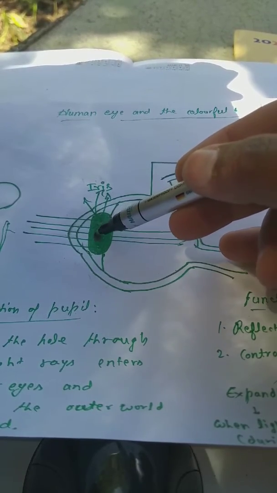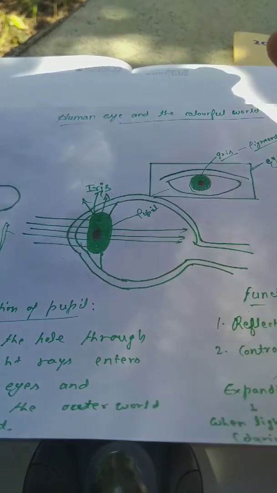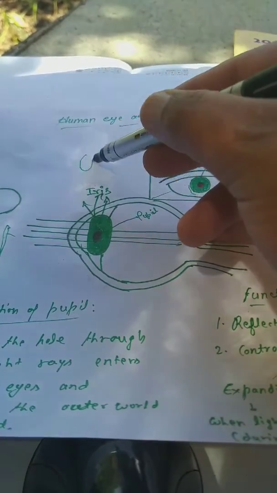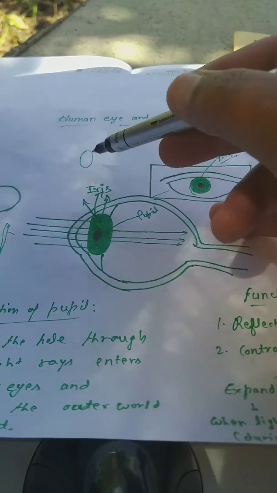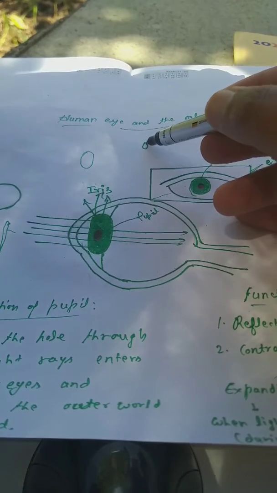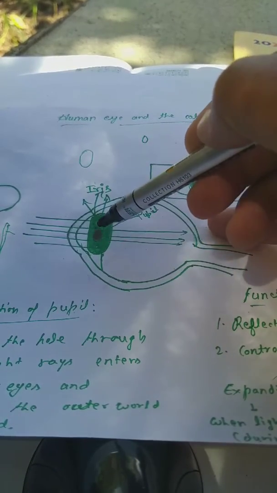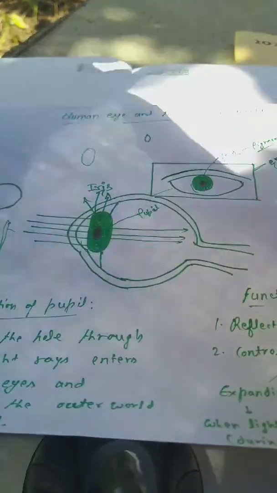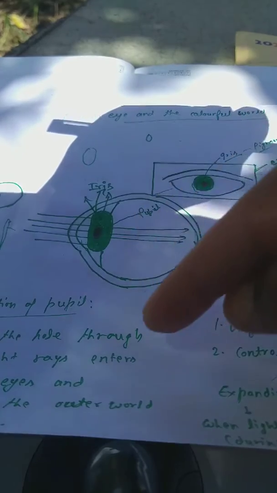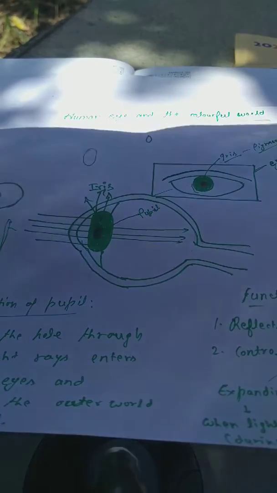It controls the size in two ways. Sometimes the iris makes the pupil larger, and sometimes the iris makes the pupil shorter. When it makes the pupil larger, it means the iris will expand the size of the pupil. Are you getting it? Okay,